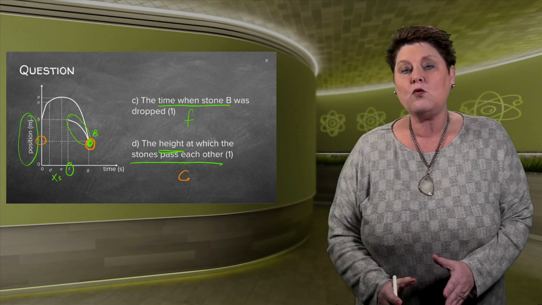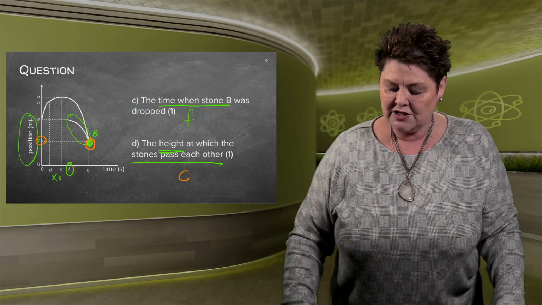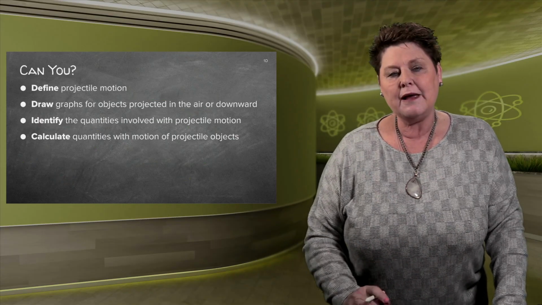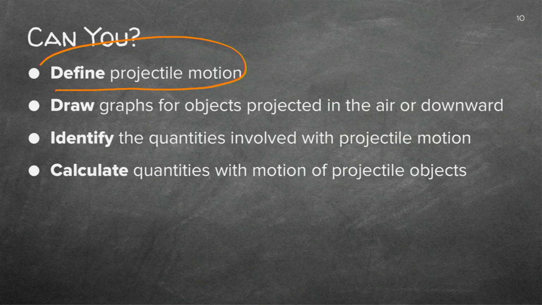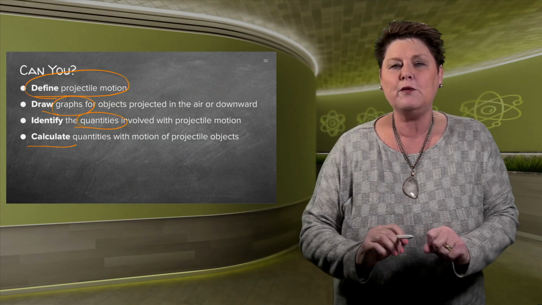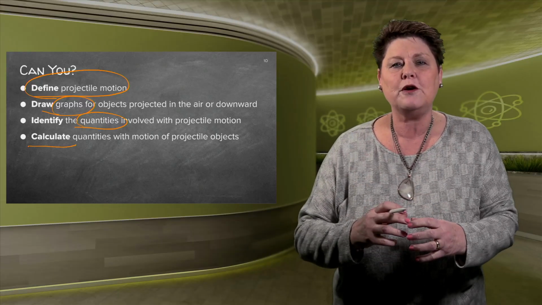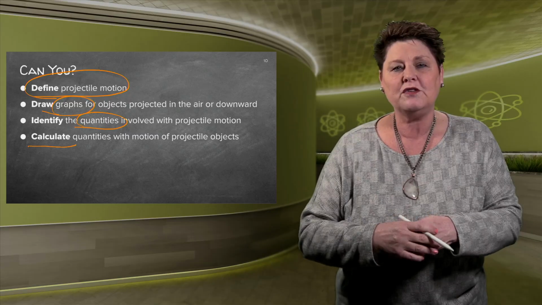This was a different question with stones going up and down and going alongside each other. Still, you've got to be able to identify in projectile motion a lot of definitions, and it all boils down to knowing that it's only gravity. You have to be able to draw graphs or interpret graphs, get the quantities and calculate accurately. And you can see we can make mistakes if we do not work with accurate time. Take your time, see that you focus and that you actually substitute with the correct values.